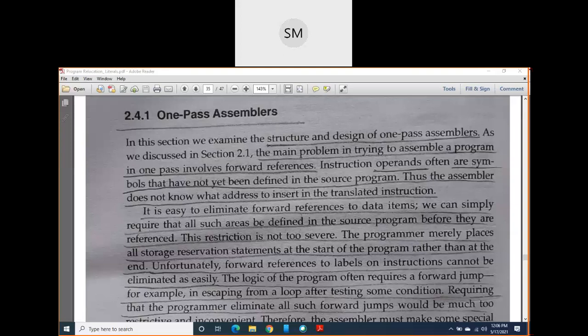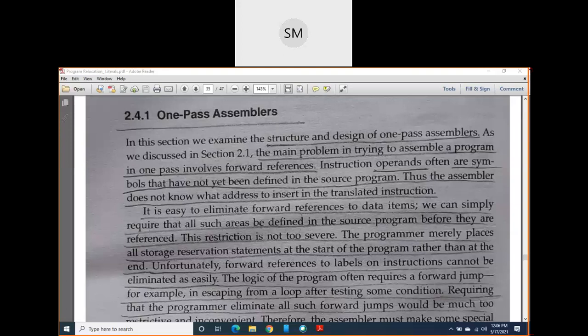When I was talking about SIC and SIC/XE program examples, I told you that in the beginning you first write the logic of the program, and whatever symbols and labels you have used, you define them at the bottom. Instead of writing the symbol definition section at the bottom, you write it at the top, in the beginning of your program.